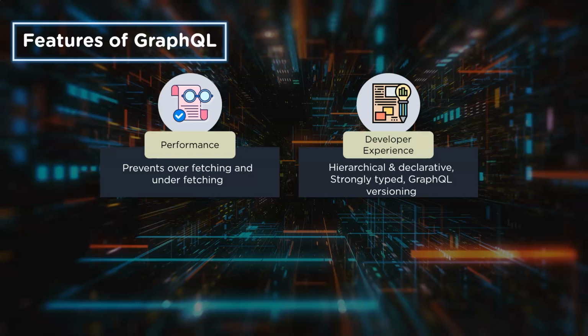Next up is developer experience. GraphQL data is inherently graphical and declarative. This makes your queries easier to understand and your data easier to work with. It's also strongly typed. This means a more stable API with fewer bugs in development and introduces the possibility of more intelligent tooling systems. GraphQL supports versioning, which means that it favors the notion of a single incrementally developed graph.